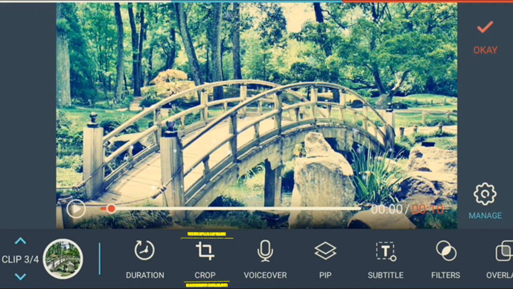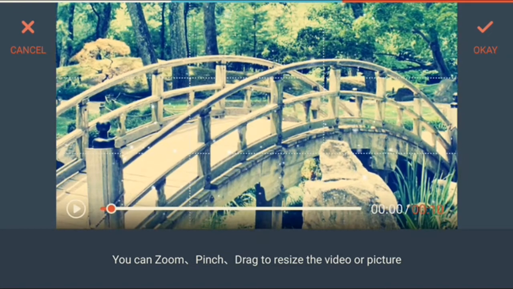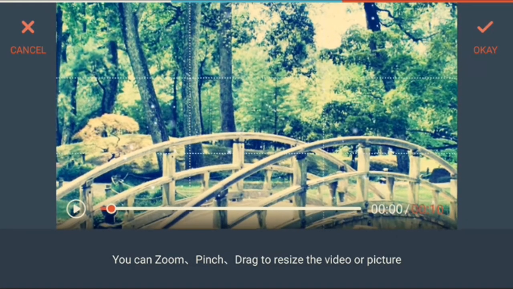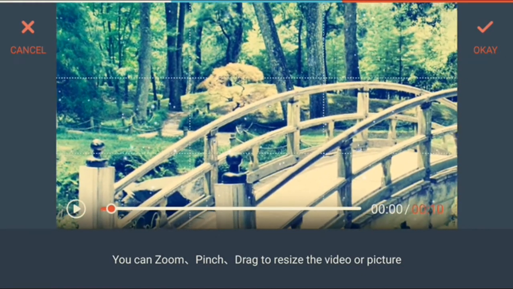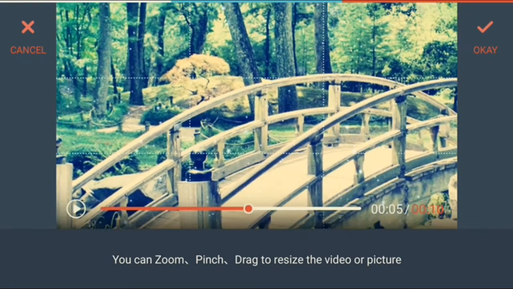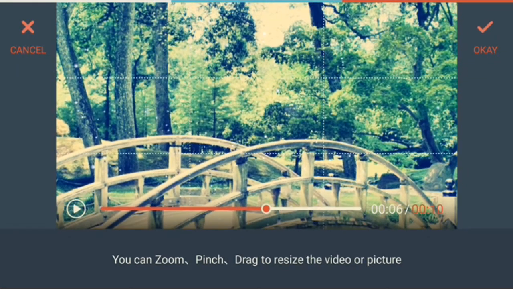And crop is, you can zoom, pinch, drag to resize the video or picture. So you can zoom it to your requirement. Say I want to zoom a particular image on this clip, then I will select it by zooming.